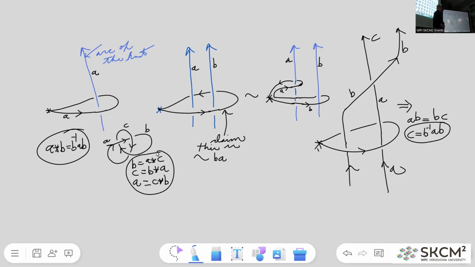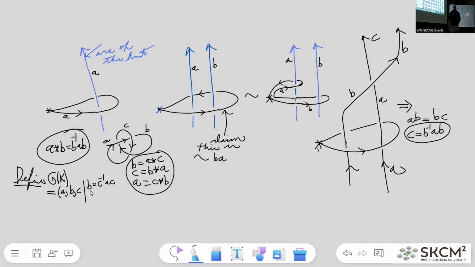And of course, I can write those out group theoretically. So I can define G of the knot diagram to be equal to, in this case, the group generated by A and B and C. And we have the relations B is equal to C inverse AC, and C is equal to A inverse BA, and A is equal to B inverse CB. This is our group